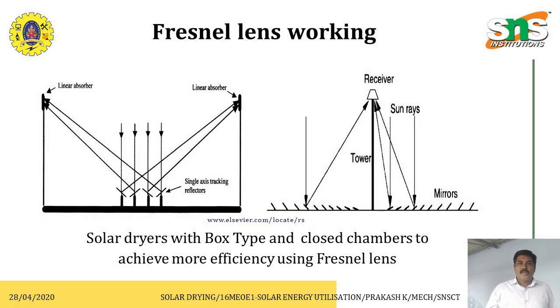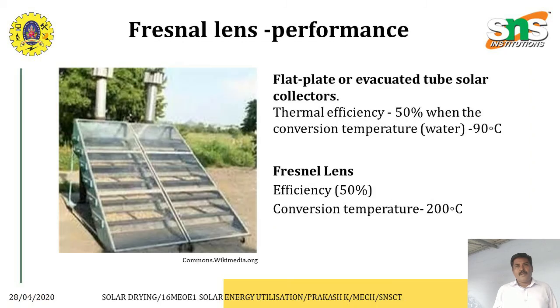And this is the Fresnel lens, how it is working. In this diagram you can see that. What is the use of the Fresnel lenses? All the solar radiation collected by the Fresnel lenses is directed to a particular single point of the reservoir. So what happens is the heating temperature becomes higher and higher. The fluid or the air which is used to heat in the solar dryers gets heated quicker. When it passes through the food materials, it takes up the moisture content quickly and dries up quickly. The time to heat the food products is also becoming lesser.